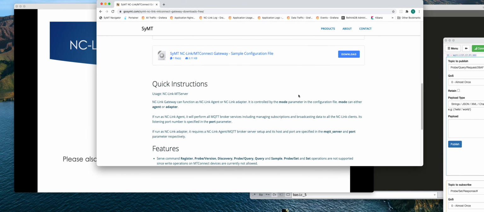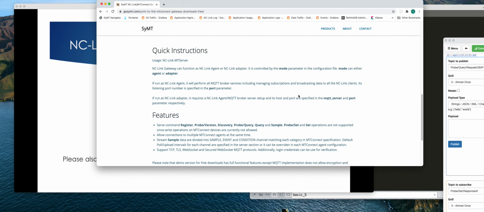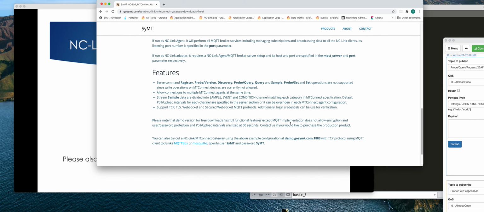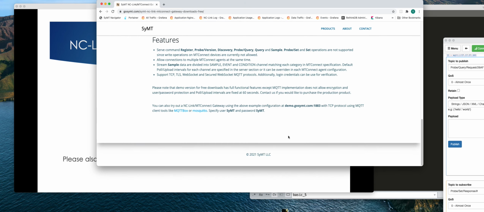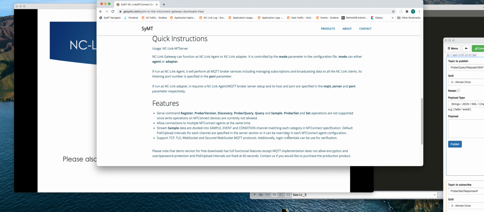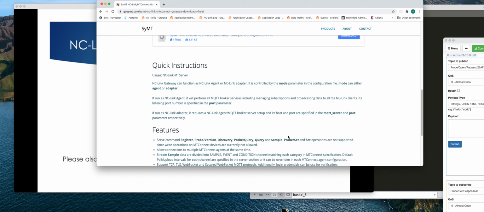The trial version is pretty much fully functional compared to the production version. The only caveat is this demo version is restricted: you can't run any secure protocol, and the upload and poll interval will be 1 minute. Other than that, it is basically exactly the same as production.